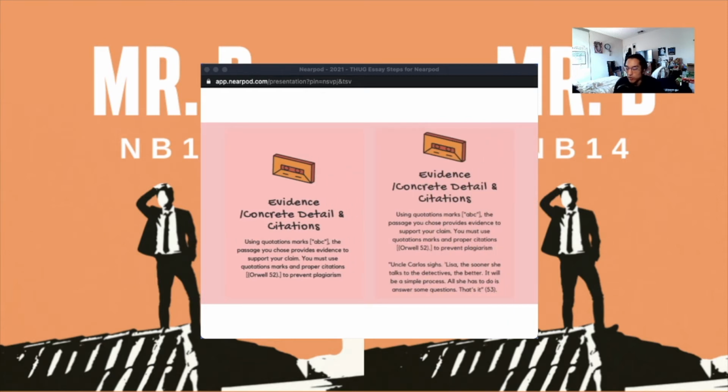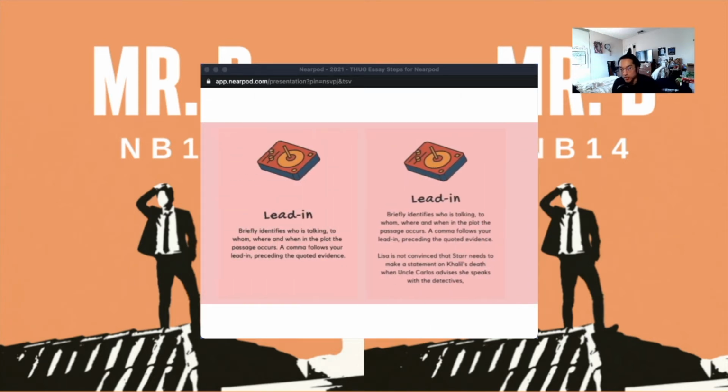If you look on the bottom right over here, the quoted passage. Uncle Carlos sighs. Lisa, the sooner she talks to the detectives, the better. It will be a simple process. All she has to do is answer some questions. That's it. So if we go back to the lead-in example, we can kind of see how the writer has